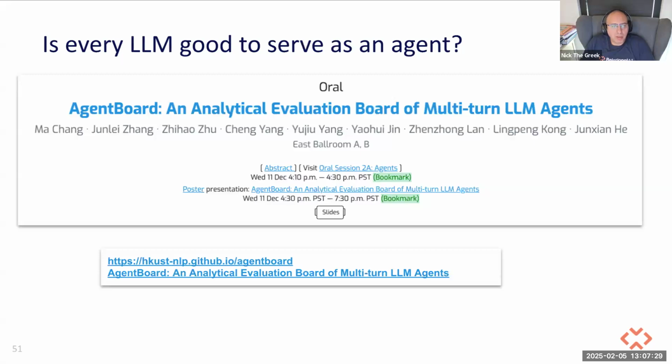Here's an oral presentation. The agent board, again, one of the problems right now is we're trying to solve some very complicated tasks. And you get a new language model. We have business decision makers who have to decide what they need to buy or what they need to use, engineers. And it's not like for databases, where we have TPC benchmarks, or there are other benchmarks that are very,